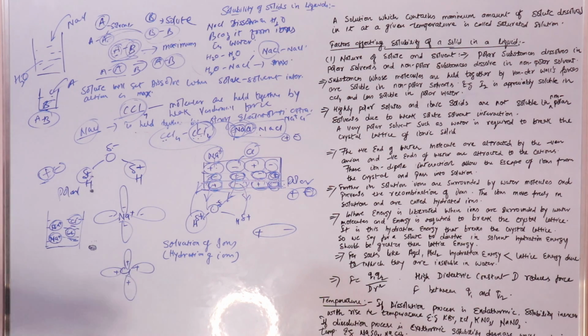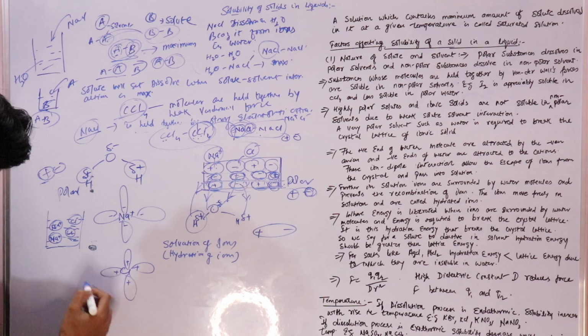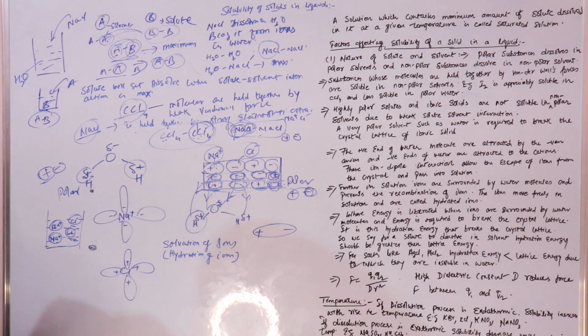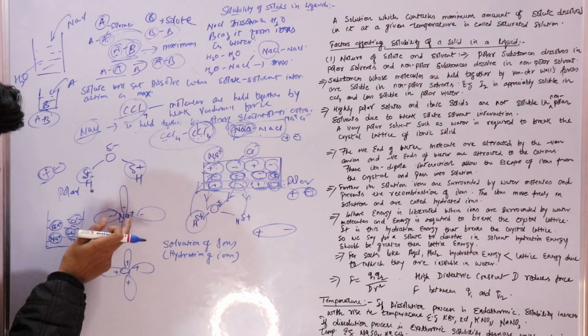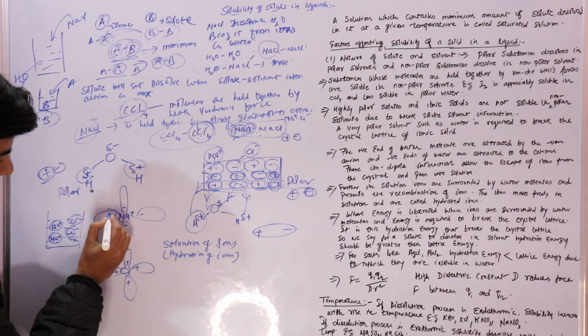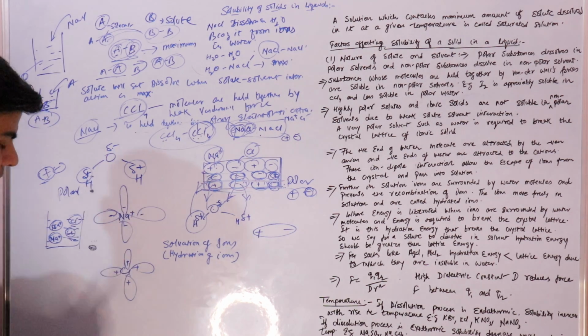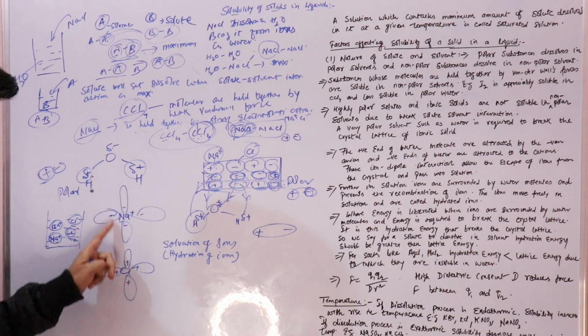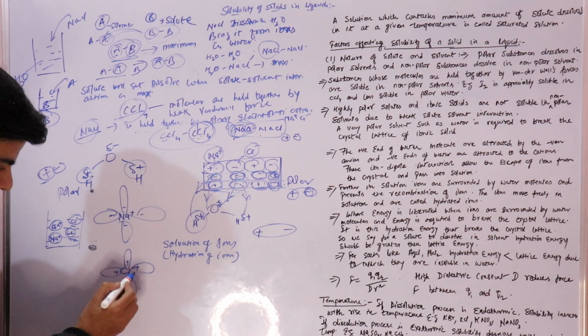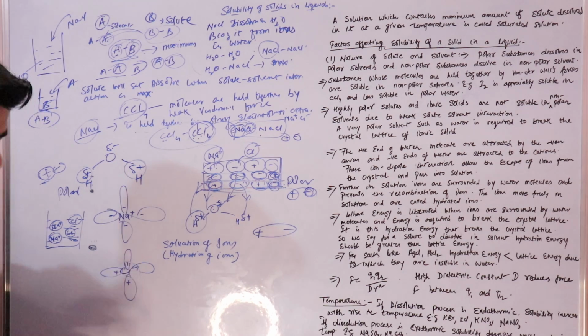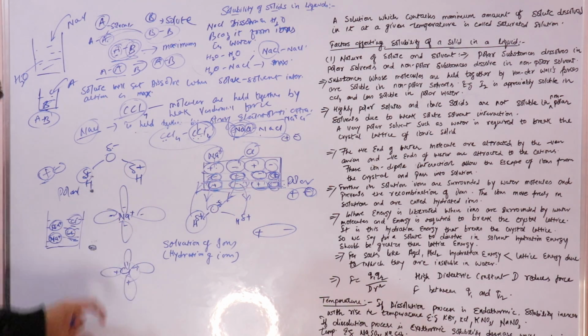Now let's see more into it. When water molecule surrounds these oppositely charged ions, since the negative end of water molecule is surrounding the positive ion, this negative end will neutralize or lessen the charge that is on the positive ion. Similarly, the positive end of water will reduce or neutralize the charge on this chloride ion. Since sodium